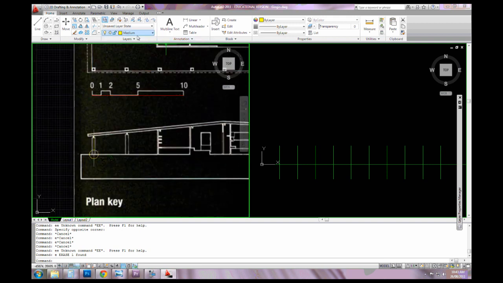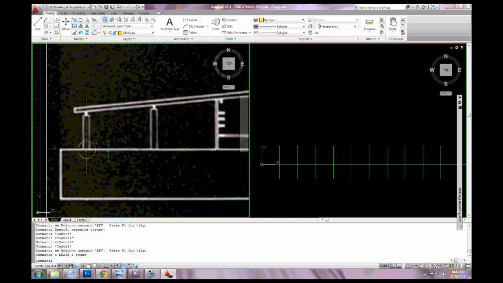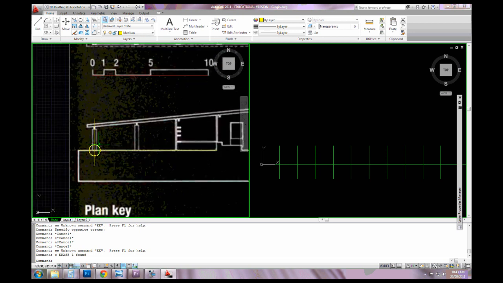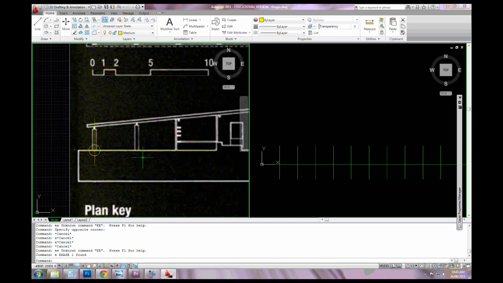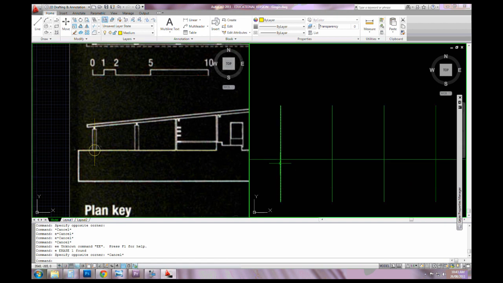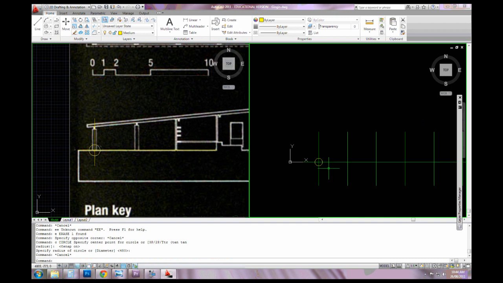Alright, so I've changed over to my medium layer, and I've started off by creating a reference point, which can then be matched to this point here. That's my set out point, the base of this column, in the very center of the column where it meets the ground. Now I can use the distance command, or the shortcut DI, to go from the middle, or the intersection, of that point